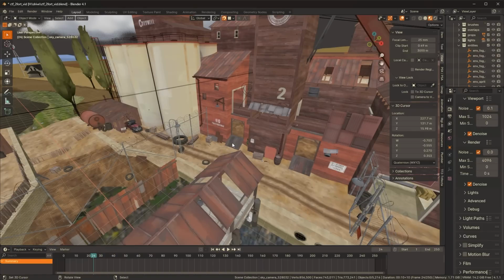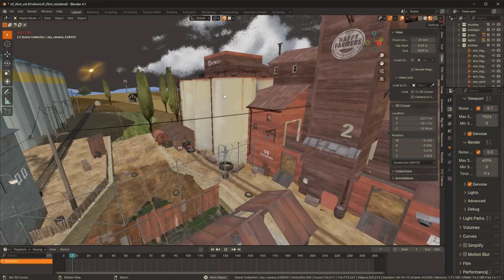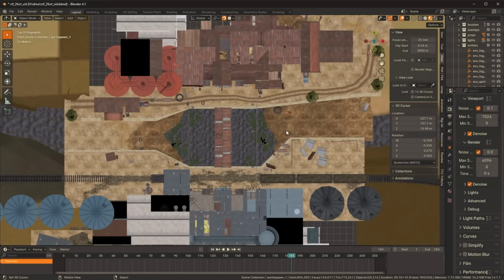If you work with the maps long enough, you'll eventually find that the performance is pretty poor, which is completely expected. I mean, there's a lot of objects, a lot of detail, it's hard for Blender to keep up. I mean, look at that, I'm not even hitting a full 24 frames per second. I find that it helps to get rid of parts of the map you won't ever see in your final